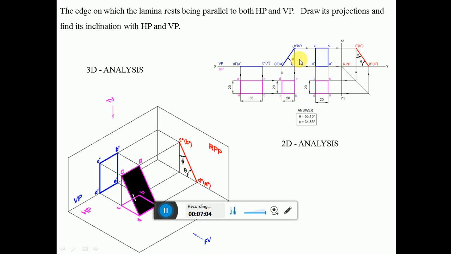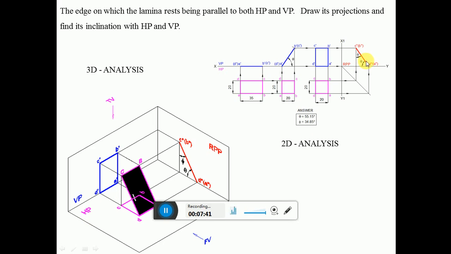So now I am looking from here. When you look from here, C is near to the observer and D is near to the observer. So it is visible. C dash is near to the observer, D dash is near to the observer. So C double dash and D double dash are visible. And A double dash and B double dash are away from the observer, or A dash and B dash are away from the observer. So obviously that will be invisible. That means capital B and this A are away from the observer. So B double dash and A double dash are invisible when you look from the side view, that is, the left side view. The image will fall on the right profile plane. So this is how we will be able to see.